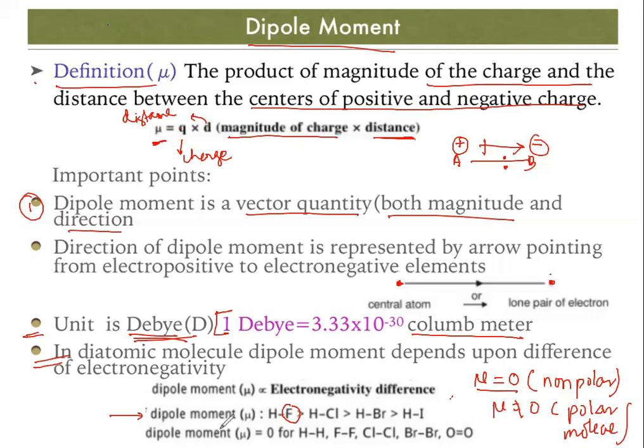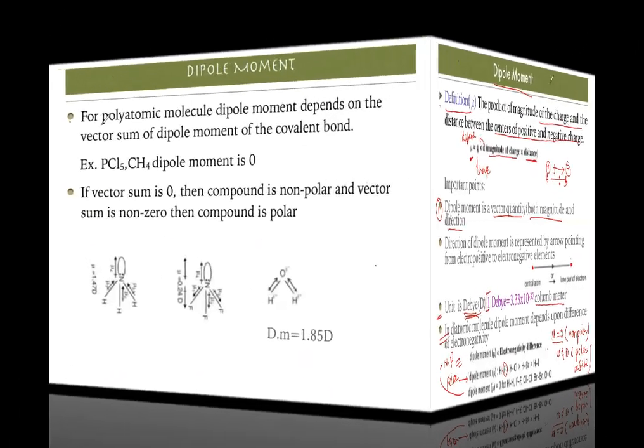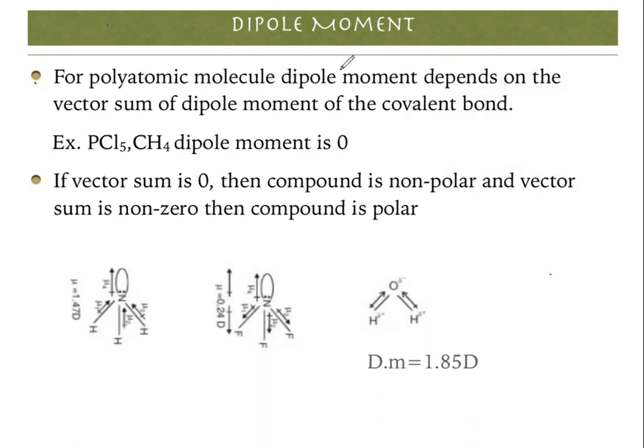So you remember, HF is polar and H2, F2, Cl2, Br2 and O2 are non-polar. So this one is non-polar. Okay, you just remember. For the polyatomic molecule, dipole moment depends on the vector sum of dipole moment of the